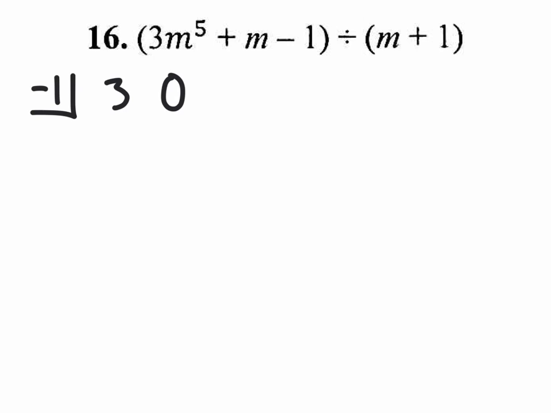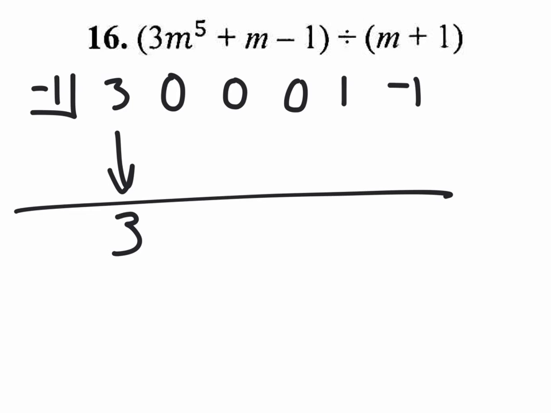How about m to the third? Is it there? 0 also. How about m to the second? Is it there? 0 also. How about the next one? Positive 1, because there is an m. And how about the last one? Negative 1. Okay, so we have this